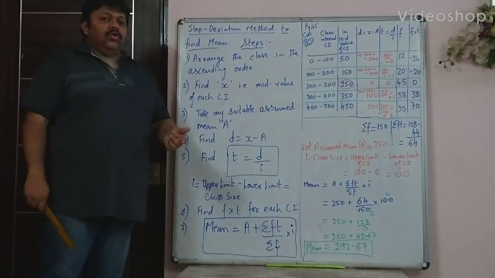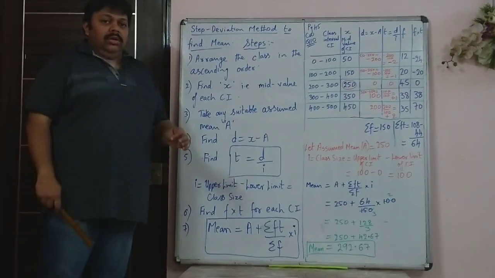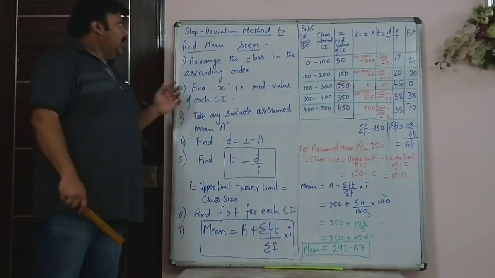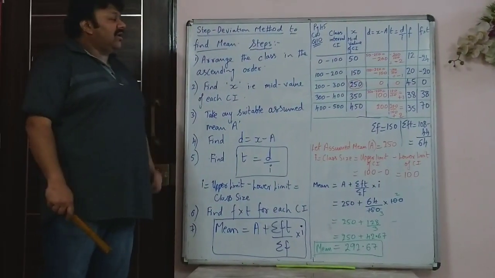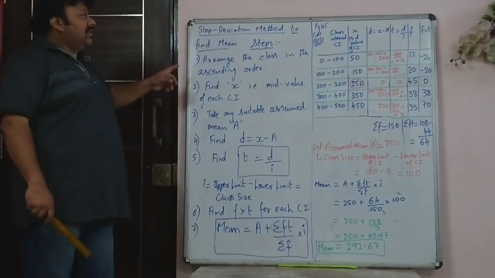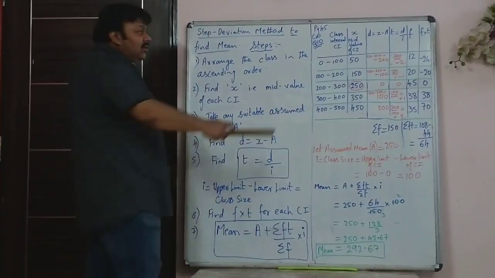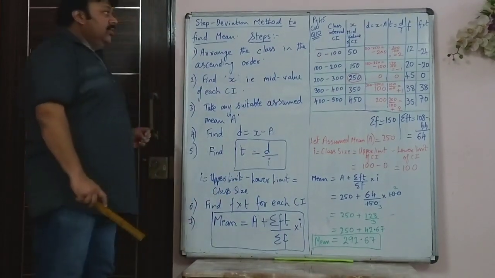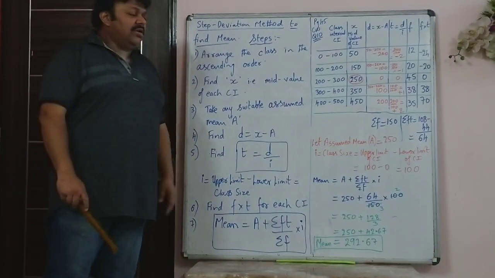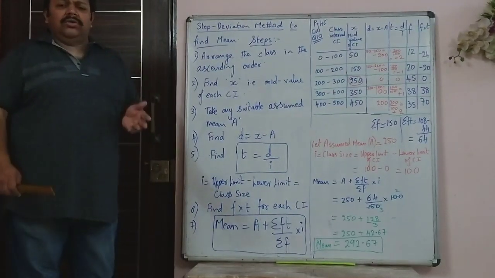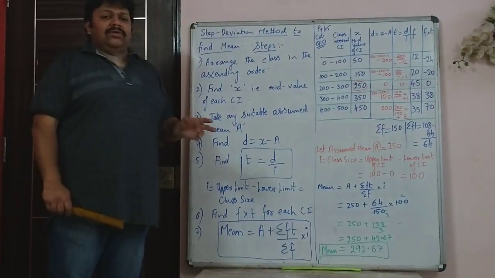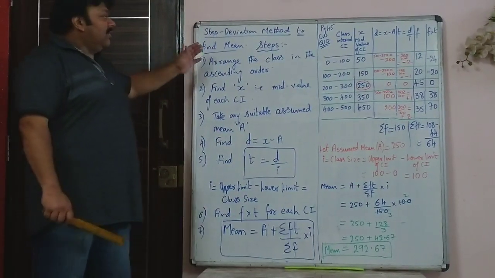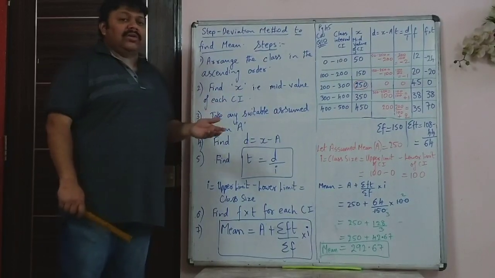We have already done two methods, that is direct method and shortcut method to find mean or average. Now the third and final method, that is the step deviation method, and this method can only be used if you get a class interval like this. If there is a sum with a class interval, it makes it simple because the calculations are reduced a bit. Almost similar to shortcut method, just one extra step because of which the formula is slightly different. So step deviation method and shortcut method are almost identical.